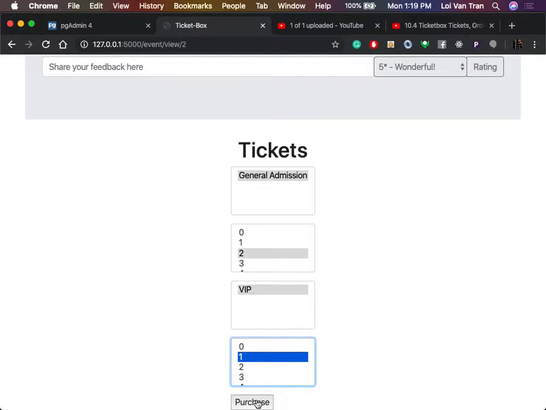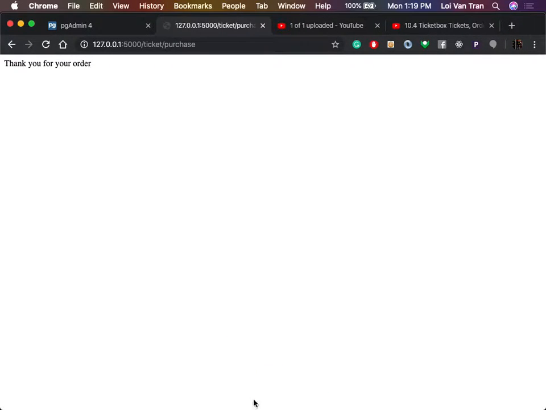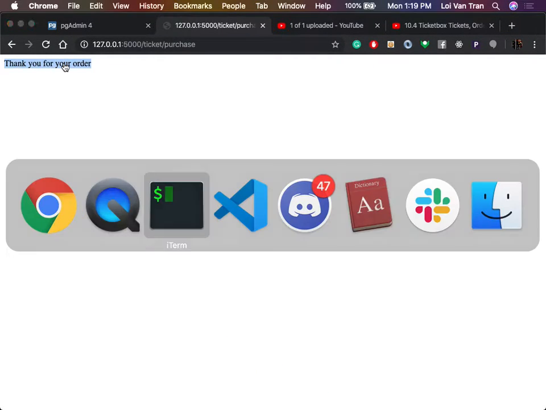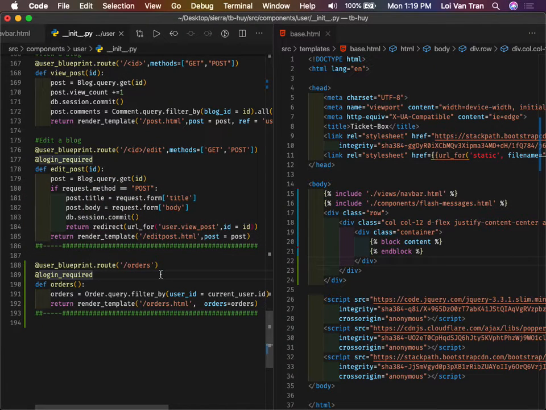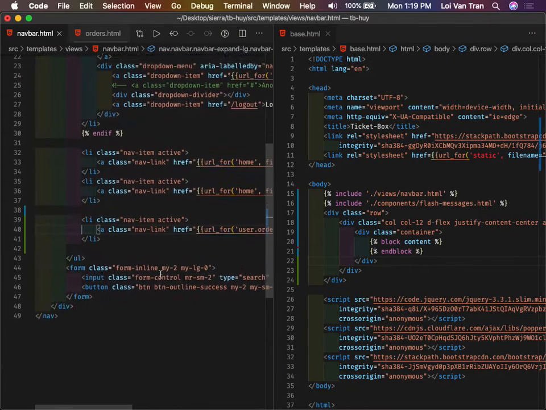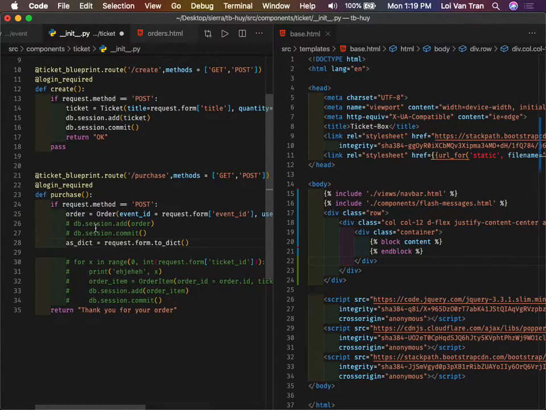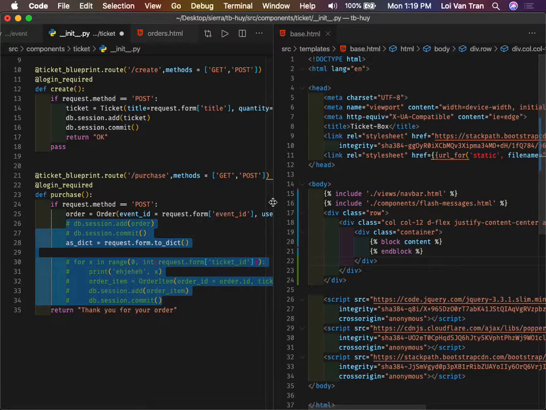So we'll then do purchase, and you guys see that it says thank you for your order. But the reality is right now, at that endpoint, what was the endpoint? Anyone remember? Tickets purchased, okay? So at this point, we need to figure out how to create an order item